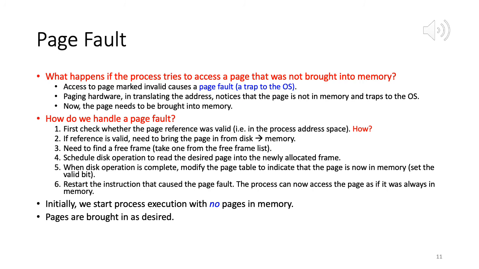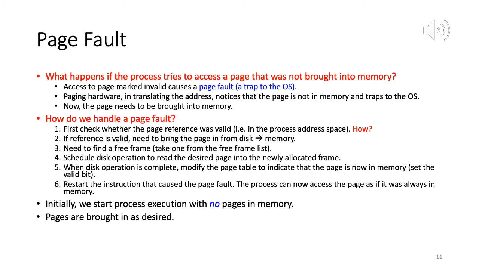So why are we accessing that page? Obviously in order to run it. So ideally that page should be mapped to a physical frame. The page would have been loaded into that frame, and now we can go to that physical address after looking in the page table, and we can execute that. But in the case of a page fault, that mapping is not done. The entry is not there in the page table for that particular page. A suitable frame has not been found for that page, and that page has not been loaded into a particular frame. So this is called a page fault.